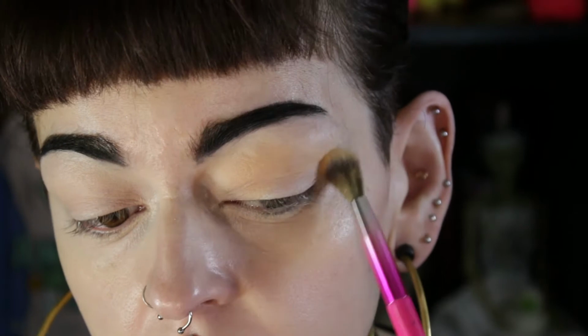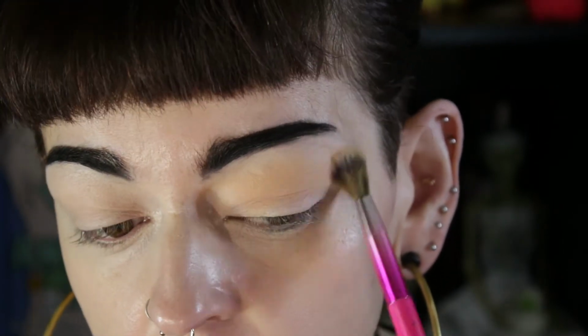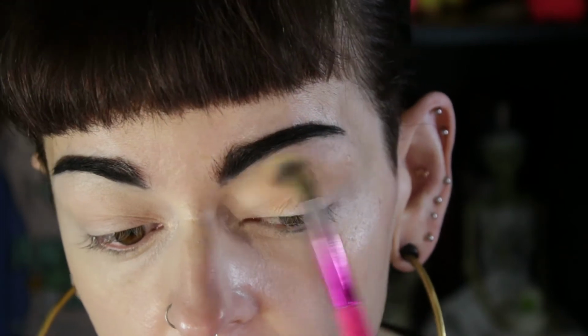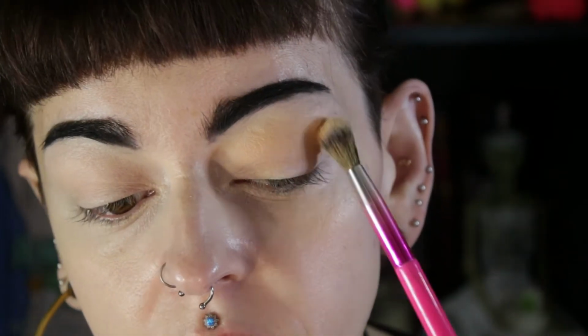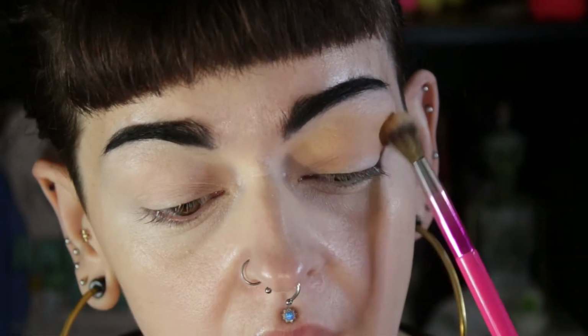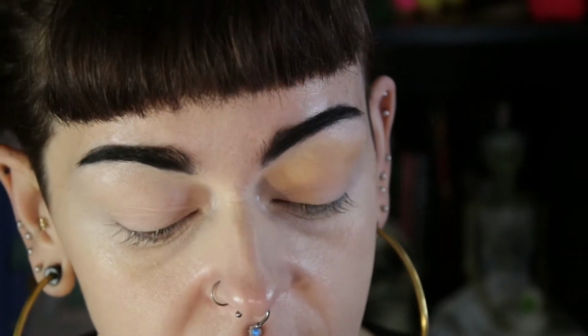So I went into that one shade. I missed what it was called because I was busy chatting. Sorry. And I placed it all over my eyelid. It's a very good transition shade for somebody with my skin tone. I don't normally use quote unquote transition shades, but I wanted a grunge kind of